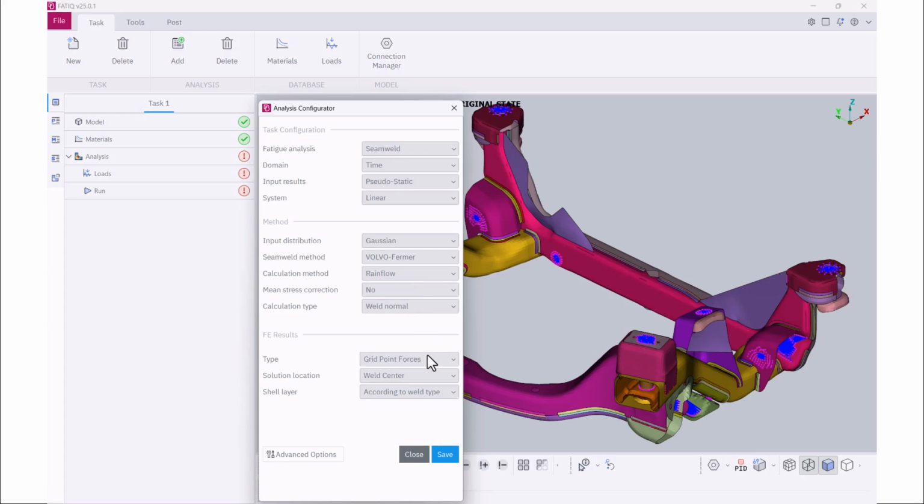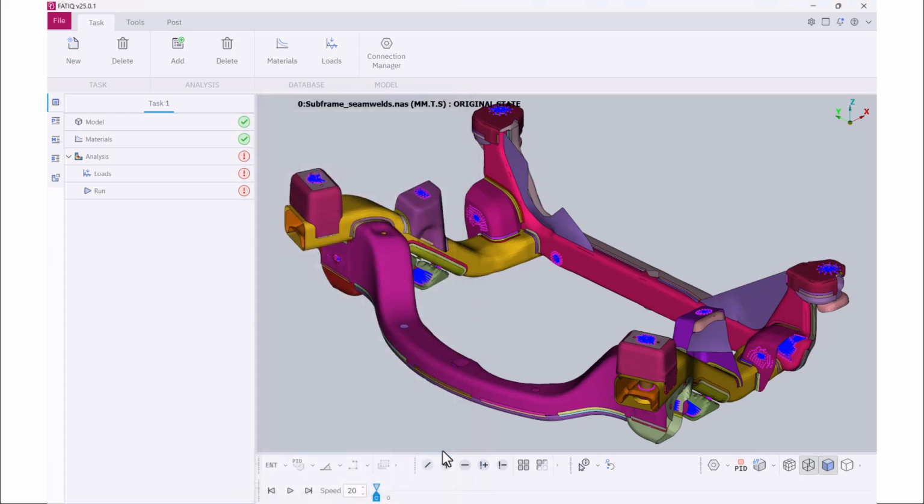As for FE results, the type is grid point forces, which are being transformed to the corresponding stresses. The solution location is weld center and for shell layer choose according to weld type. Finally, Miner's rule is employed to determine the accumulated damage. At the end, press Save.